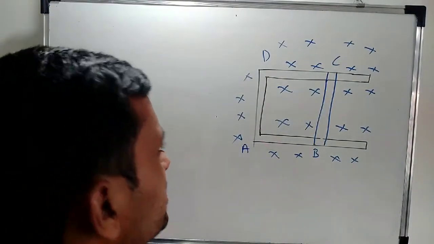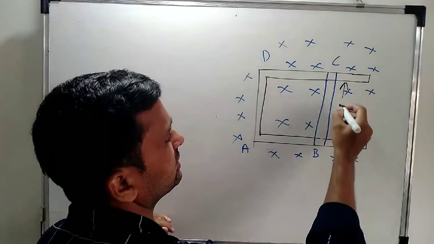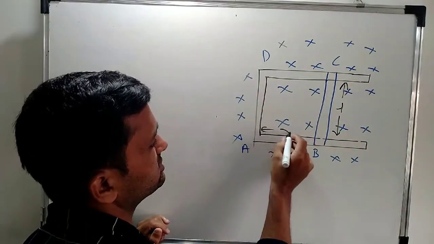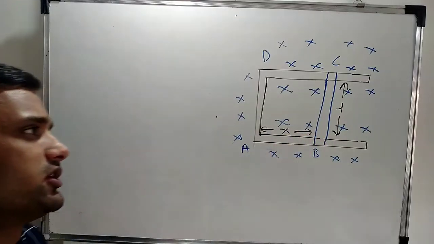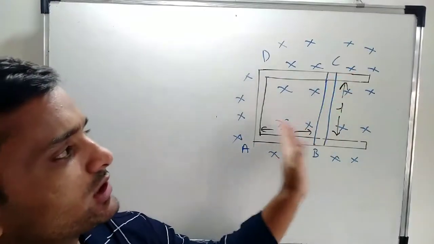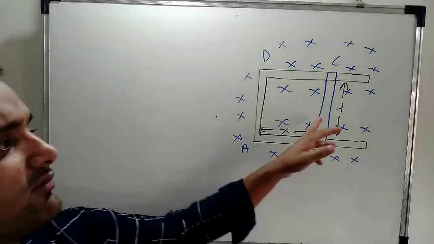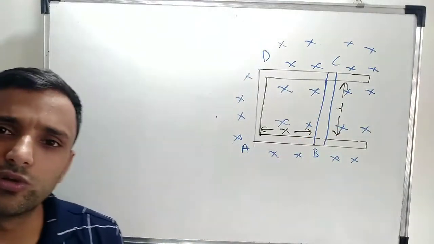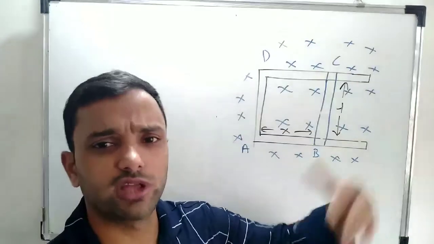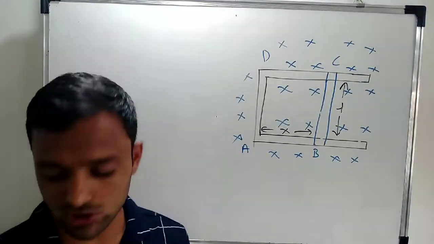Now what is the length here? The length AD, or we can call it BC, is L. And the distance between this and AB can change, and this is denoted by X. So understood the concept? If you move the BC in the uniform magnetic field, the flux across the BC changes, and due to that an EMF is induced in the conductor that produces a current in the conductor. That current is the induced current.